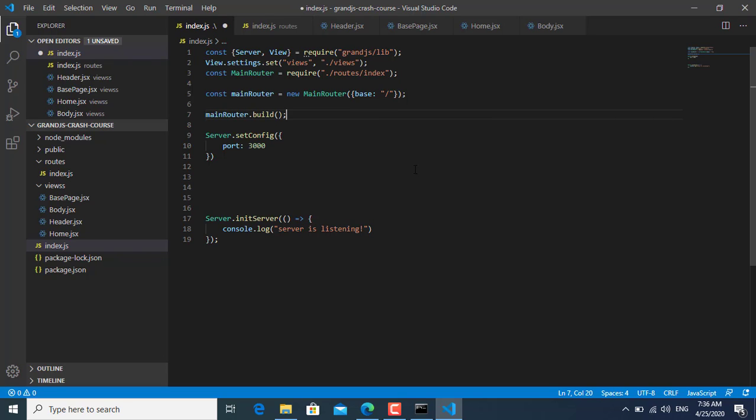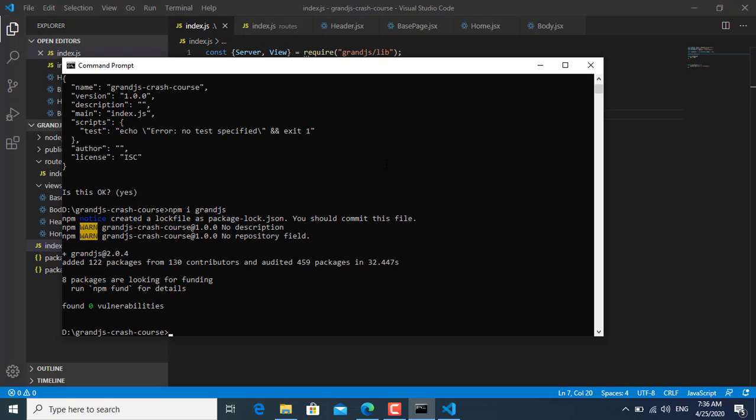It compiles the routes and puts them in a proper way to handle the incoming requests. So the build method is important to call to make this router work. Okay. And then save it, and here we can say node index